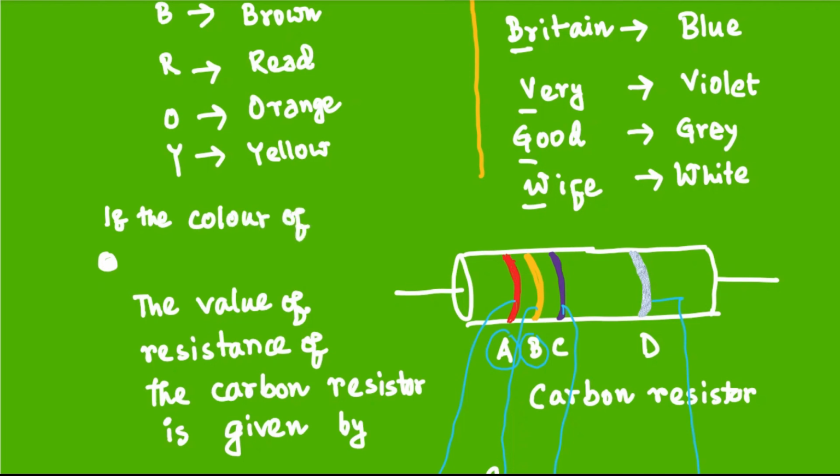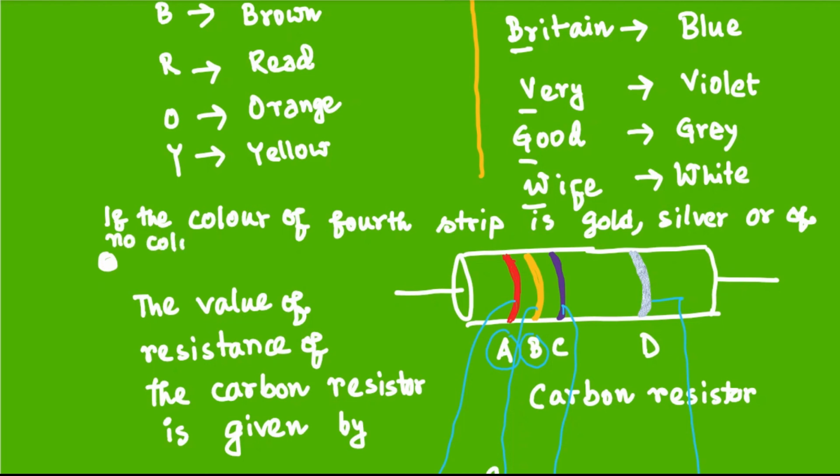If the color of the fourth strip is gold or silver or no color, if there is no fourth color strip,